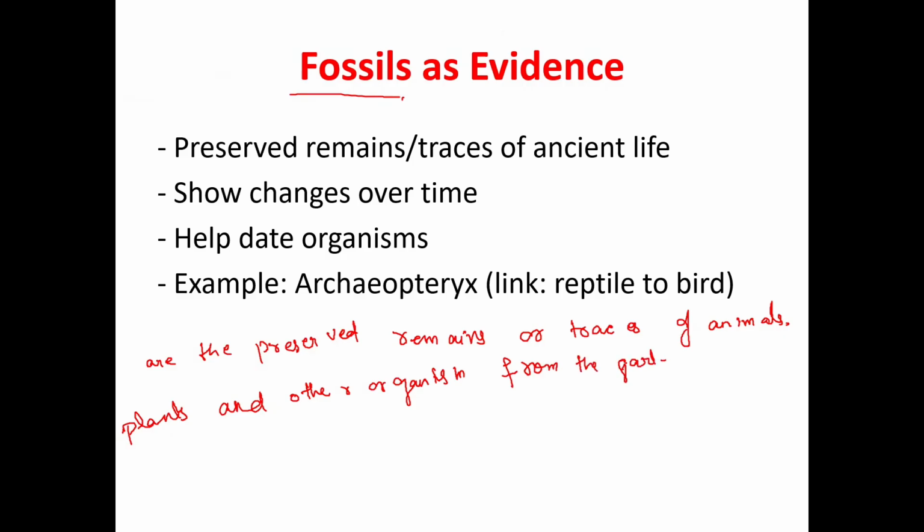So it's basically preserved remains or traces of animals, plants and other organisms from the past. That is called a fossil. Now the question comes to mind: how are these fossils formed? A fossil forms when a dead organism dies and gets buried under the earth, under sand, soil, mud,